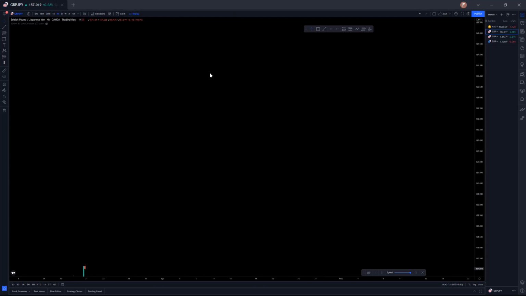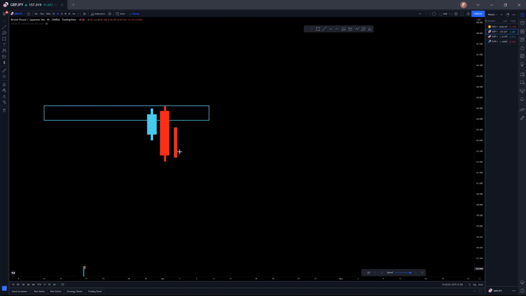Now you also have to use candlesticks in your favor. What do I mean by this? Suppose this is your POI. I'm sure you know about bullish engulfing and things like that. Suppose this is your 1 hour POI, and the next candle printed like this. You can use this in your advantage. Now the next 1 hour will be pushing a little bit higher, like this, and then it will continue its direction.